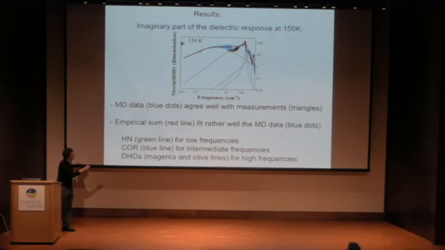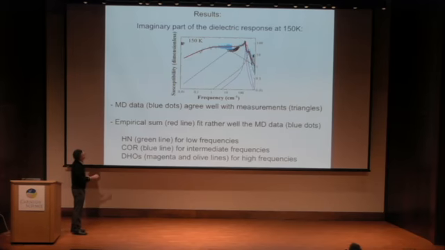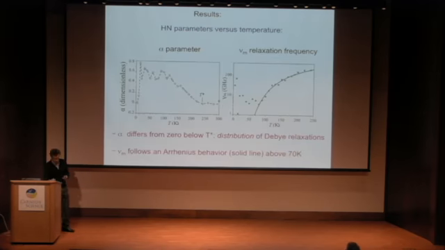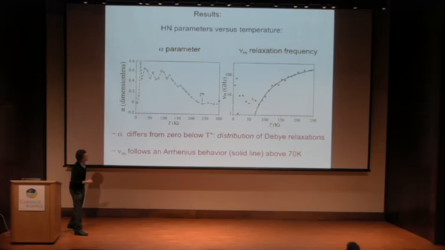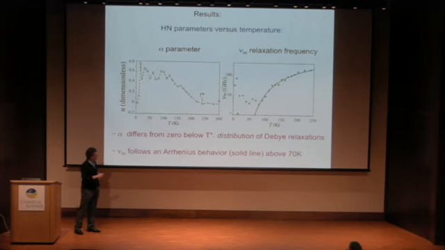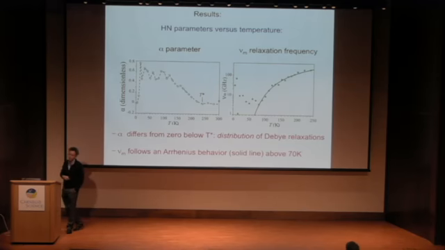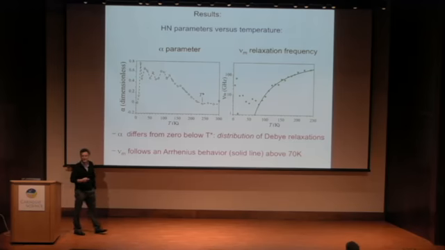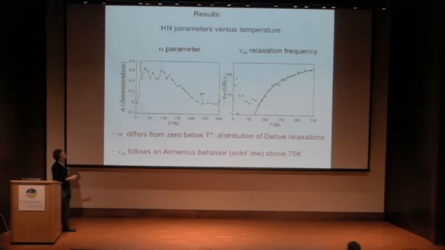I want to take a look really at these HN functions, because the physics of a relaxer seems to be there, in fact. And in these HN functions, you have quite a few parameters, but 2 of them are quite important. The first one is what is known as the alpha parameter. So here I'm showing you the alpha parameter versus temperature, and you see that when you go from high temperature to this T star, one of the critical temperatures of relaxers, this is basically 0. 0 means you have a Debye. It's a normal Debye you are playing with. But as soon as you reach this T star, you see it begins to increase.